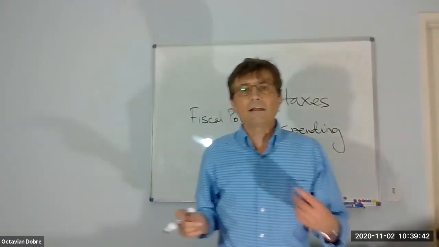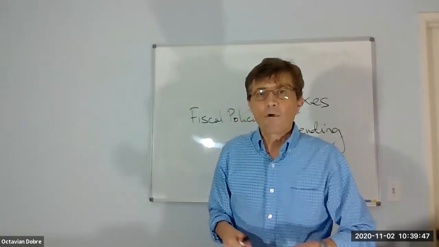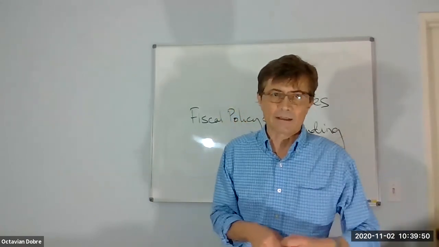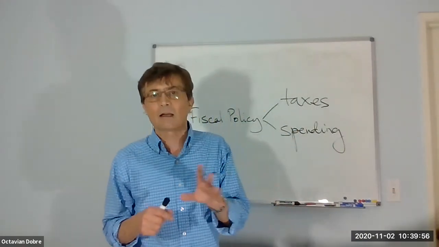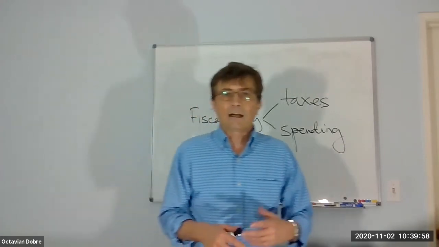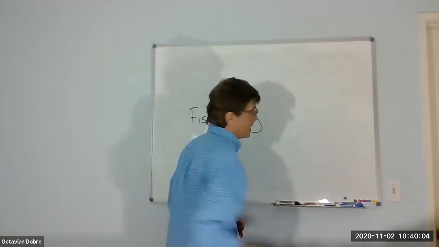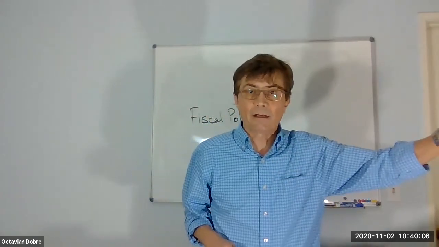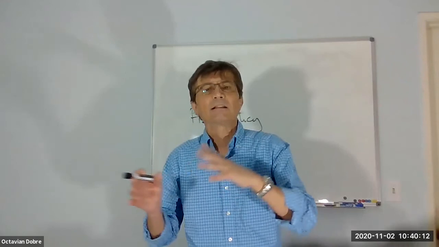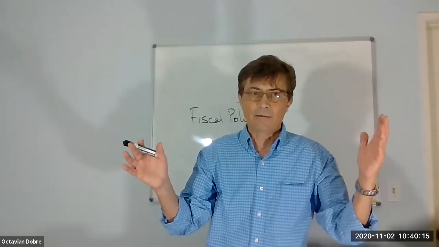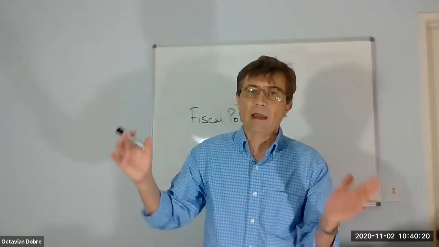So if you see any questions that talk about fiscal policy, which one of those represent fiscal policy? Well, if you see a change in taxes or you see a change in spending, that's going to be it. Now, there are two types of fiscal policy. One is expansionary, the other one is contractionary. Expansionary means that the government is trying to expand the economy. So the economy is in a recession and they're trying to grow the economy, to expand the economy.